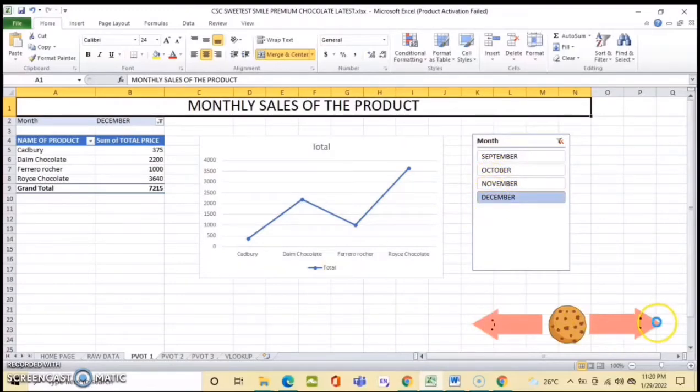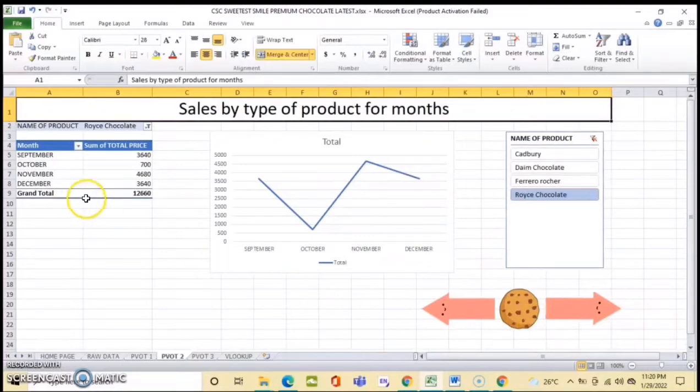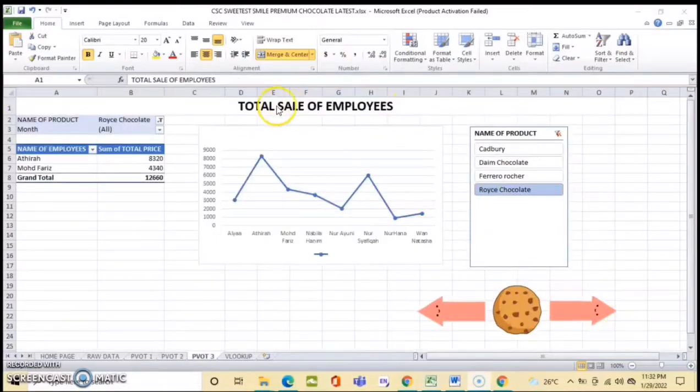Next, for the sales by type of product for month, the names of the products are Cadbury, Daim chocolate, Ferrero Rocher, and Rice chocolate. Next, for the total sales of employees, there are 8 names of employees and the sum of total price.